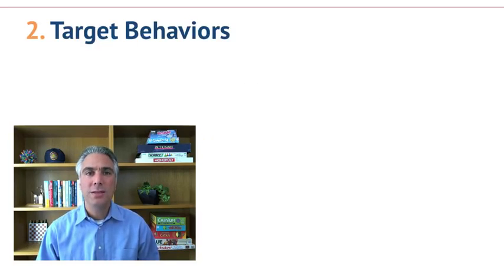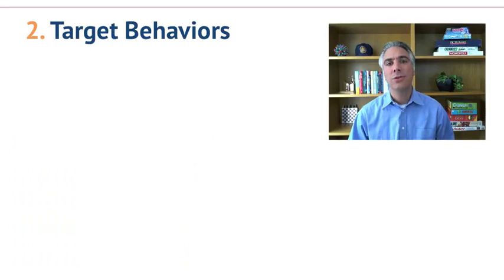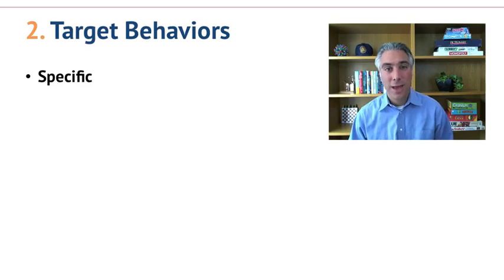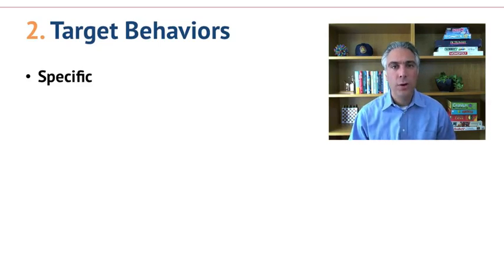Step two is delineate target behaviors. So what are target behaviors? Those are the things that you want users to do. First point is they should be as specific as possible. I want customers to redeem more coupons for half off on Bounty paper towels. That's a particular marketing goal that you might want to use a gamified system for.